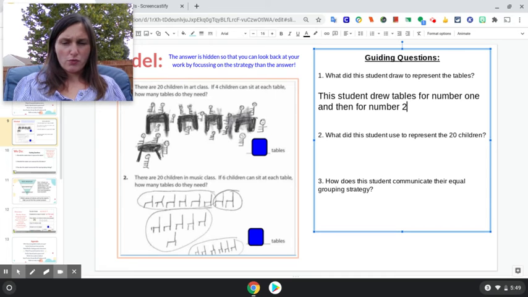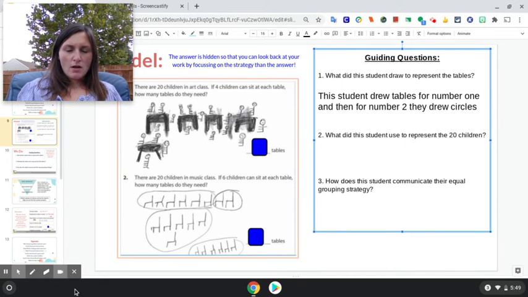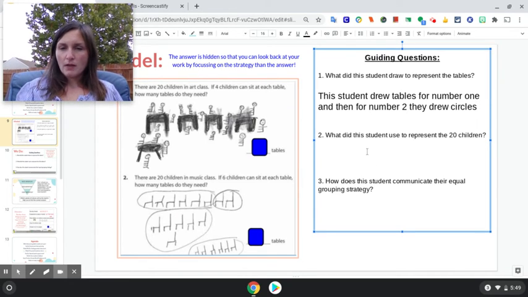So they drew circles. Okay, so they don't really have tables for number two as clearly drawn as the first one, but I can tell how they're grouped, so that had to be their tables, right? Okay, so that was my answer, and I'm going to change the color so that it's easier for you to see. Now, the second one says,